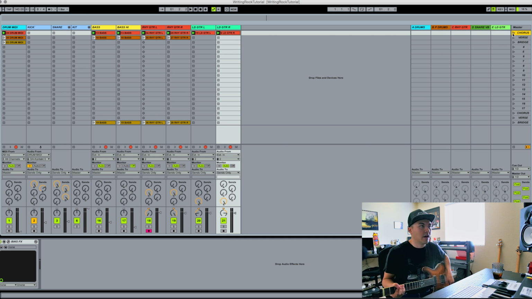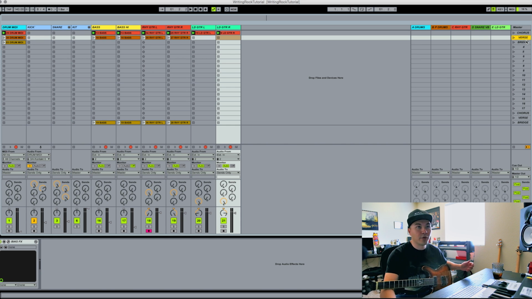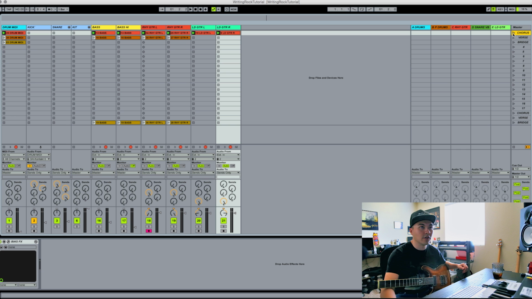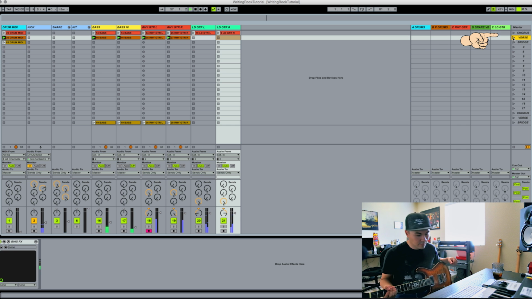But anyways, I wanted to show you guys how I go about doing it. So I have a chorus and a verse and a bridge that I already wrote, but I wanted to show you how I do it with the bridge. So here's the chorus. So that's another cool thing about writing in Ableton is you can have your rhythm guitars, your lead